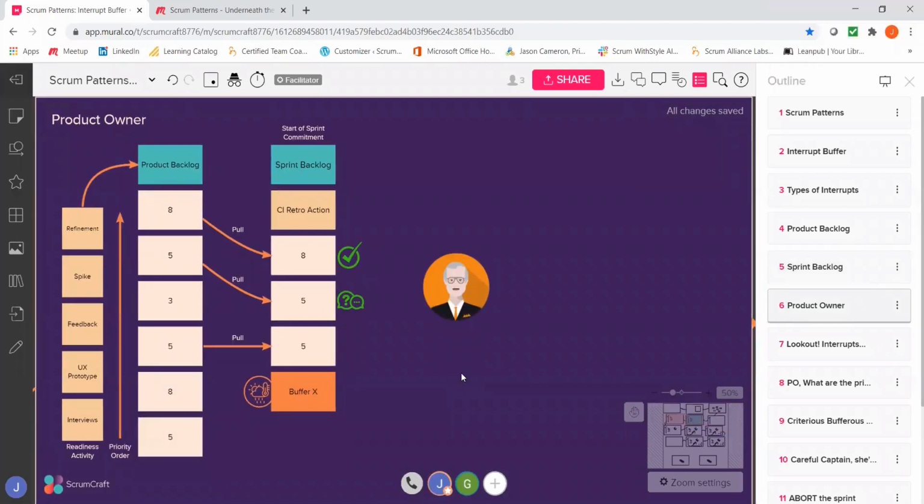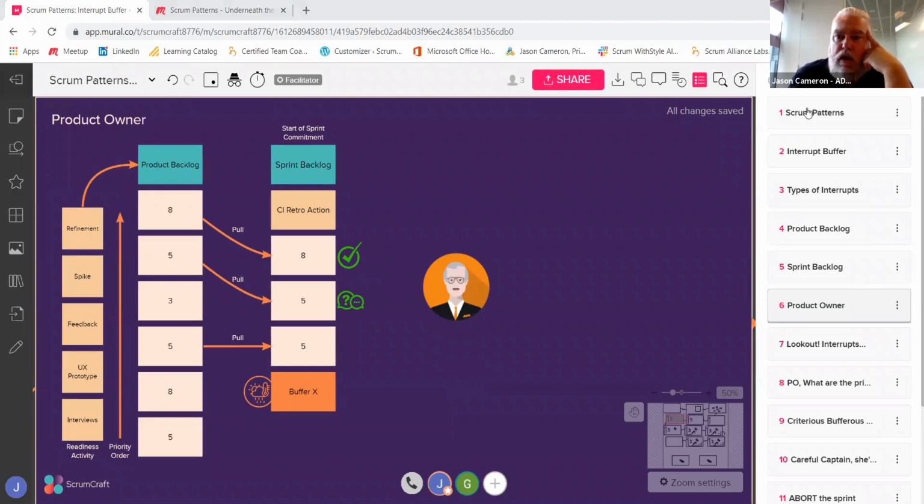Yep. Now enter the product owner. Now the product owner here, he looks a little bit like Basil Fawlty, or perhaps maybe me with shorter hair and a smaller moustache. But I'm thinking of this from when you look at the type of activities that a product owner would normally do, is they're going through, they're understanding whether, you know, a story has met the definition of